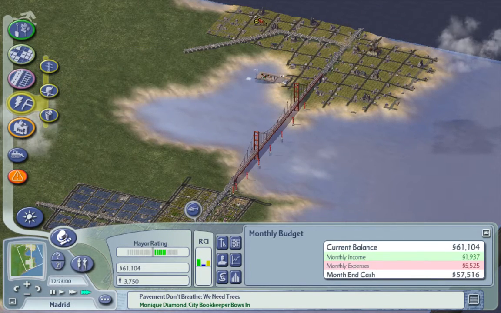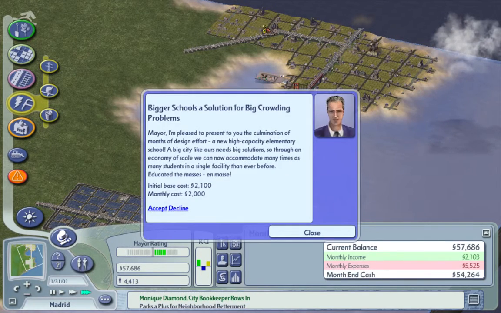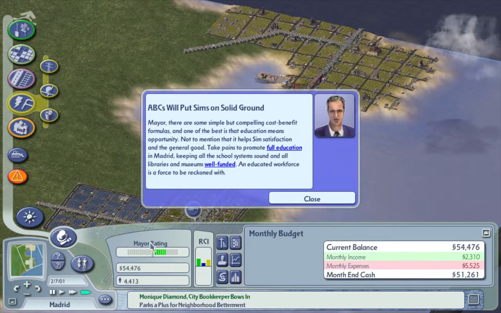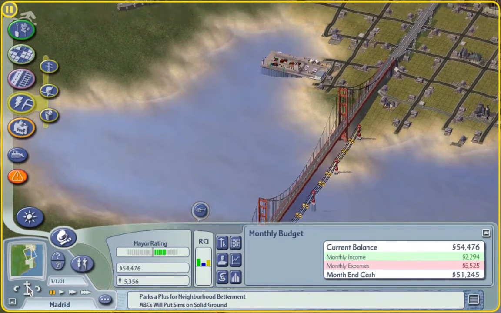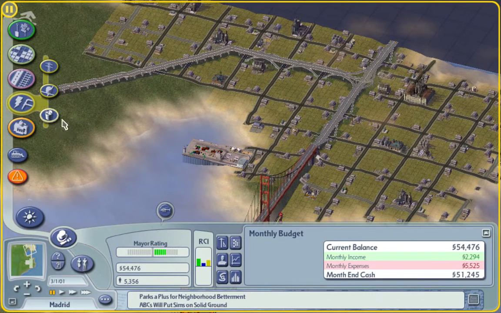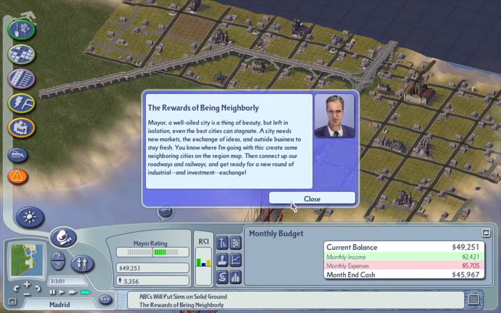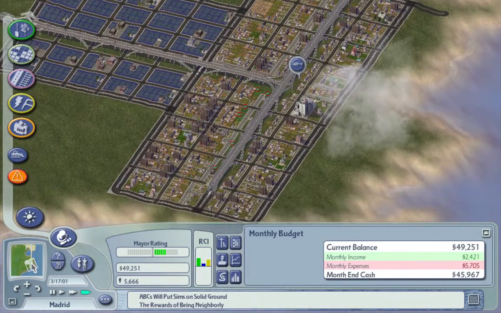I'm going to quickly put in a landfill because if we let garbage accumulate everywhere, that doesn't tend to be good for anybody. There we go. Taking care of our landfill. Yep, we just got a notification about the landfill. So now we're back down here,